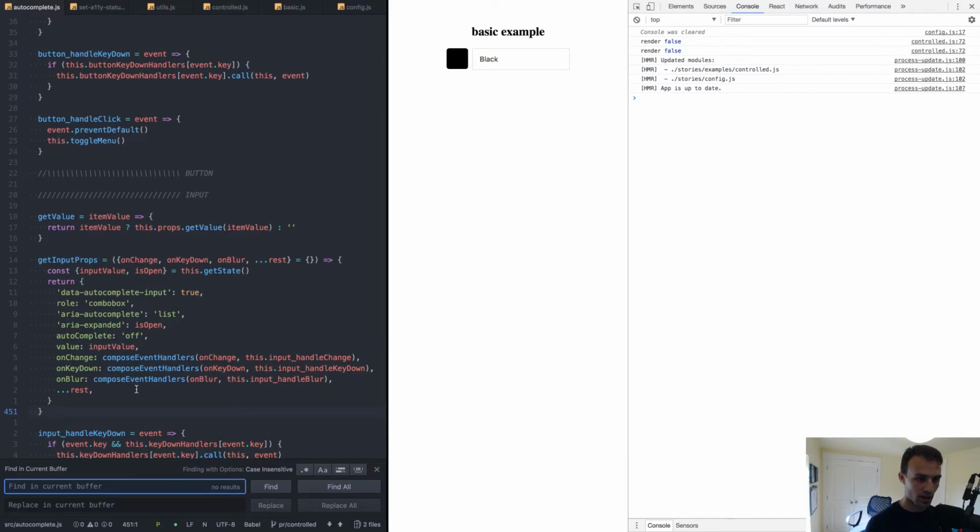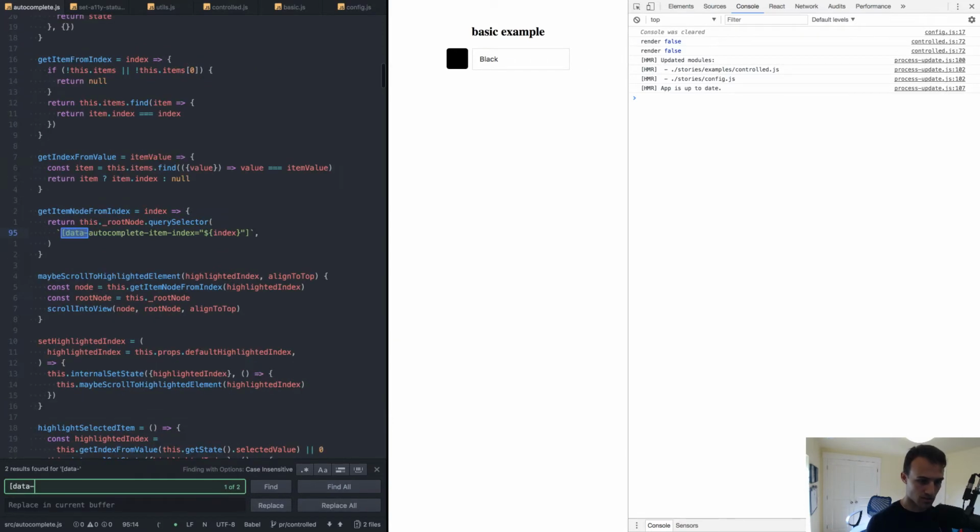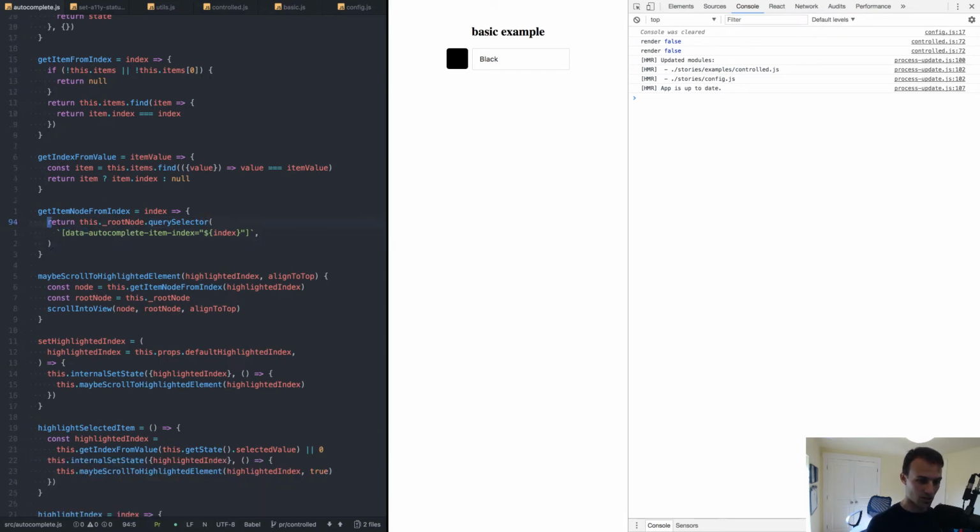Unfortunately, it will not have support for React Native out of the box because we're doing stuff like this. And I don't know how React Native handles that, but I'm pretty sure you can't query DOM nodes and stuff. That probably doesn't work. Maybe there's a way to shim that, I don't know. But I'm not concerned with React Native right now. Eventually, probably will be, but